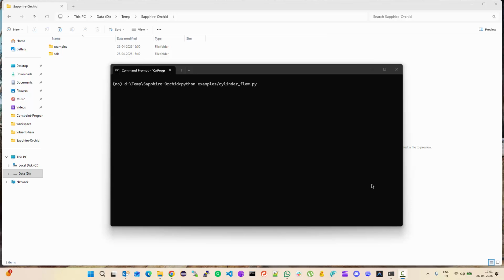Today I'm going to be telling you about Sapphire Orchid, which is a real-time computational fluid dynamics platform, which will be hosted as a SaaS service or which will be deployed on your premises as an enterprise SaaS platform. Now, this is not something that you install on your laptops or workstations and use it for computational fluid dynamics. What you will get is a Python SDK,